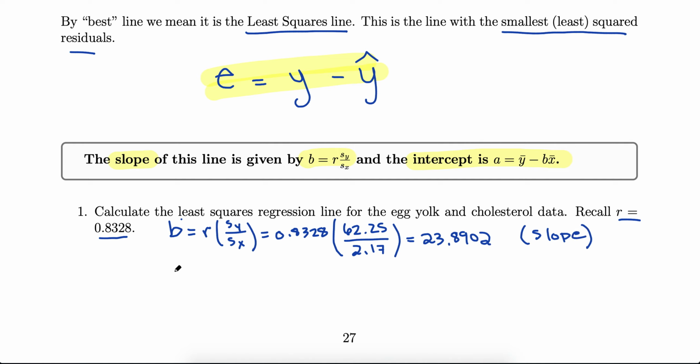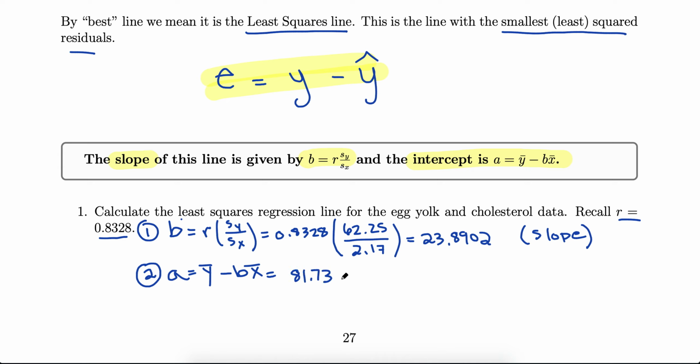Next we need to find A, our intercept. Maybe let me label these steps here. Step 1, find the slope. Step 2, let's find the intercept, A. Reminder of the formula, mean of the y's minus slope times mean of the x's, just grabbing it from right here. So if we look at the top of the page, your mean of the y's is that